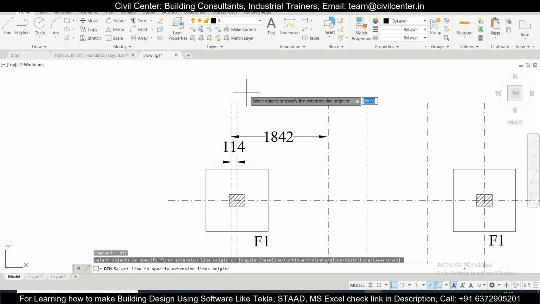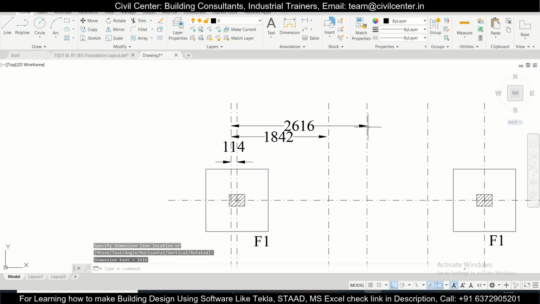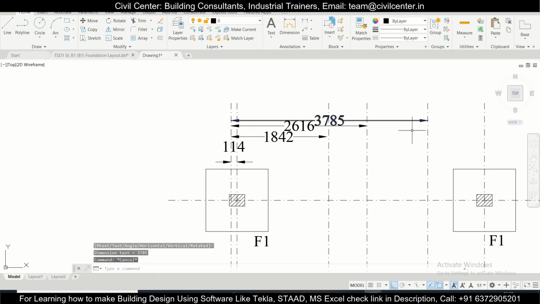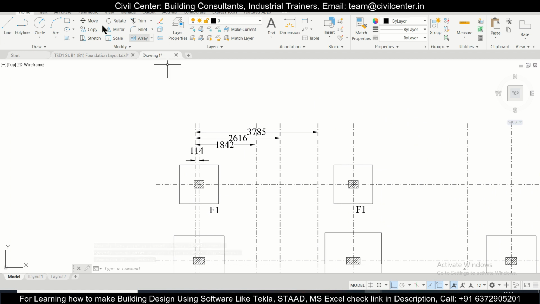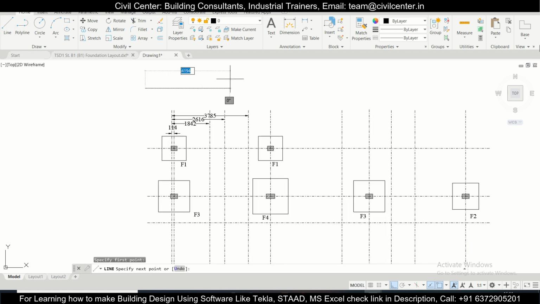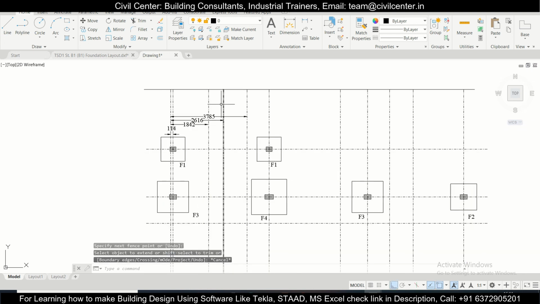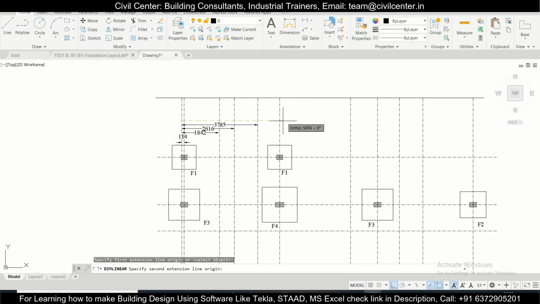Next one, next, and if required we can increase the size. Also, we'll just take a line here, select this, EX enter, and then select all these lines here. They will extend. We can use as much as we can. Align dimensions we are taking here. And for the next one,